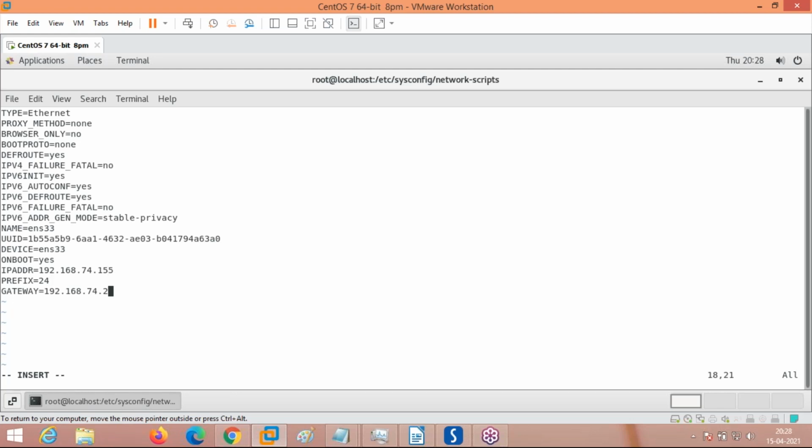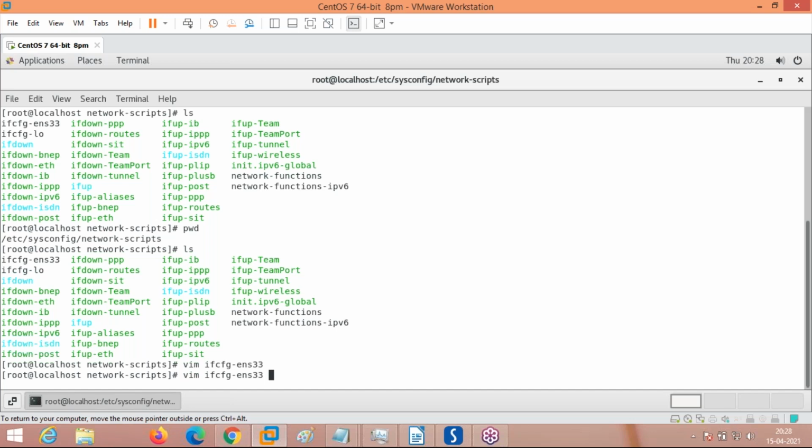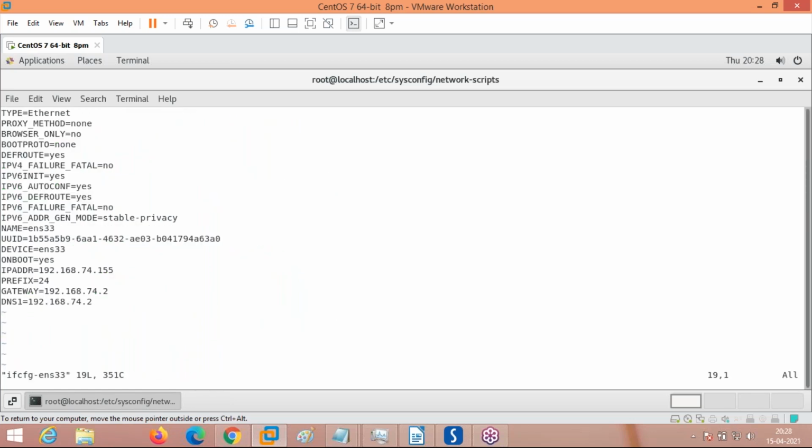Here I have given the gateway and prefix, and DNS also: DNS1 equals 192.168.74.2. These are the things we have to give: IP address, gateway, DNS and prefix. Now we have changed all the details, so save and exit.